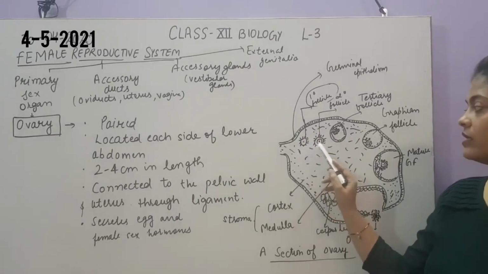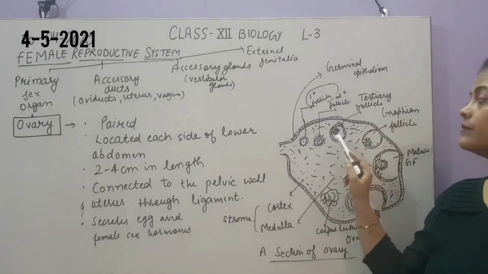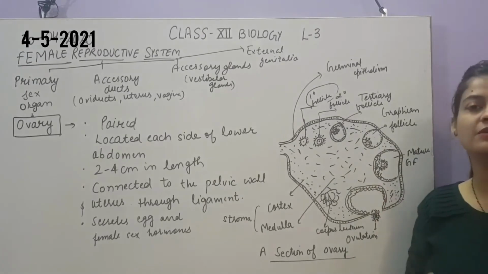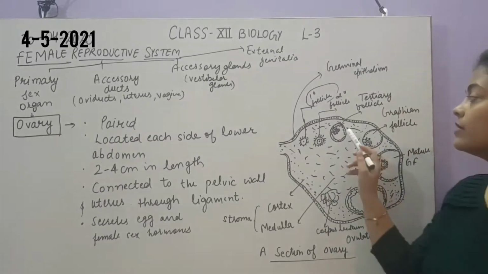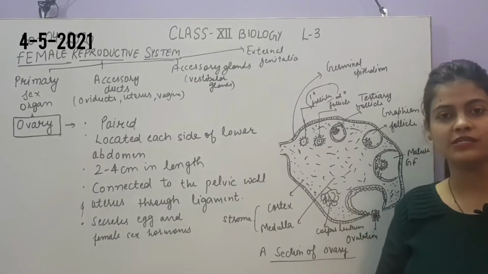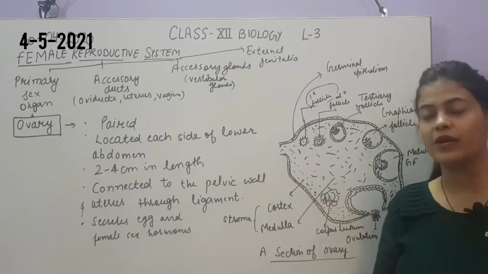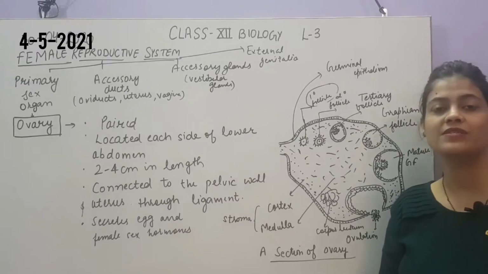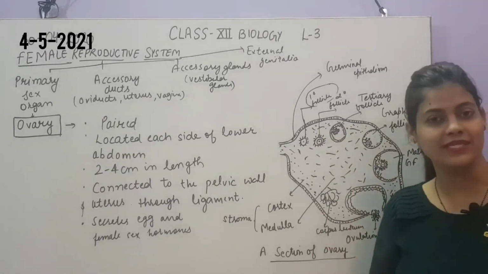This is the primary follicle, it will further undergo development to form the secondary follicle. Then this is the tertiary follicle. In the tertiary follicle, more and more cells will develop and a mass of cells will be formed around a single cell which will later form the egg cell. This full process we are going to study in the gametogenesis step, as we have discussed that there are various phases in human reproduction. Now we are discussing only the reproductive system. The first step is gametogenesis, in which we will study spermatogenesis and oogenesis in detail. Then you will see all these steps in detail.